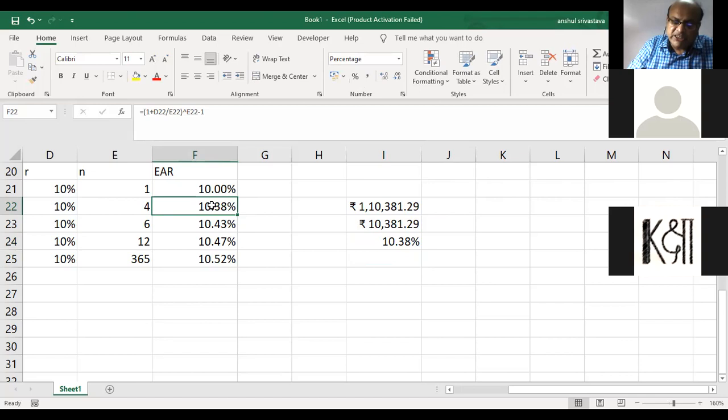So what was my point in showing you this calculation? I have told you what the effective annual rate is, but when you are working in Excel, you do not have to calculate the effective annual rate separately and then use it. You simply divide the nominal rate by the frequency of compounding and multiply the years of investing by the frequency of compounding, and you will get the same answer.